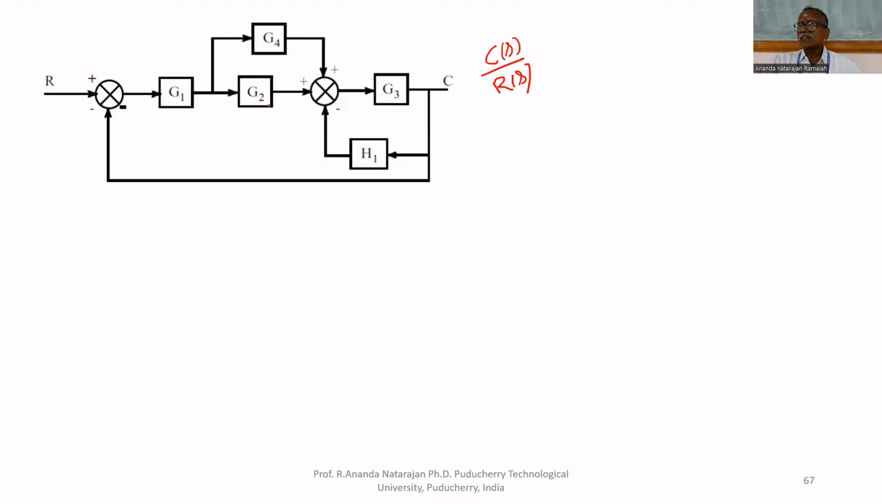So what is the first step? We have to look at the innermost part. This is the innermost part. In the innermost part, we cannot multiply these two blocks. Why? Because takeoff point is there. That's why we cannot multiply these two. So we have to move this takeoff point from here to here,